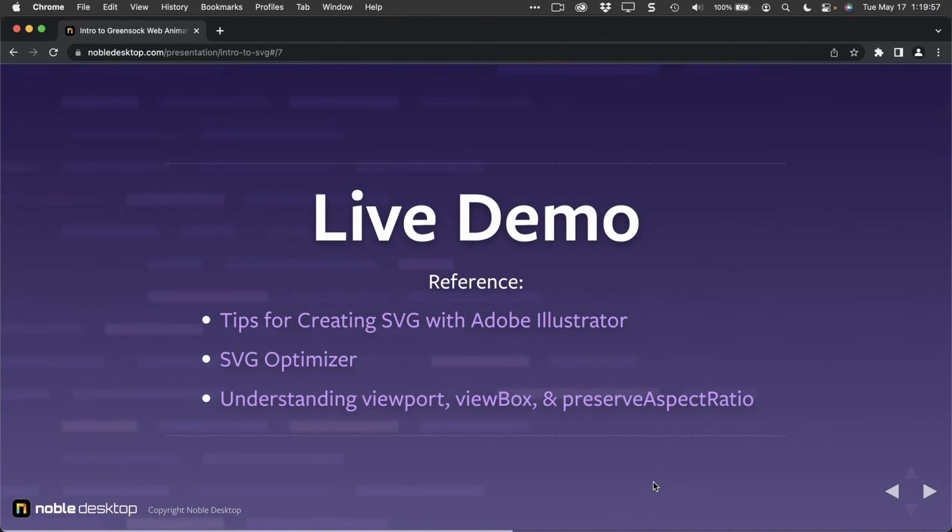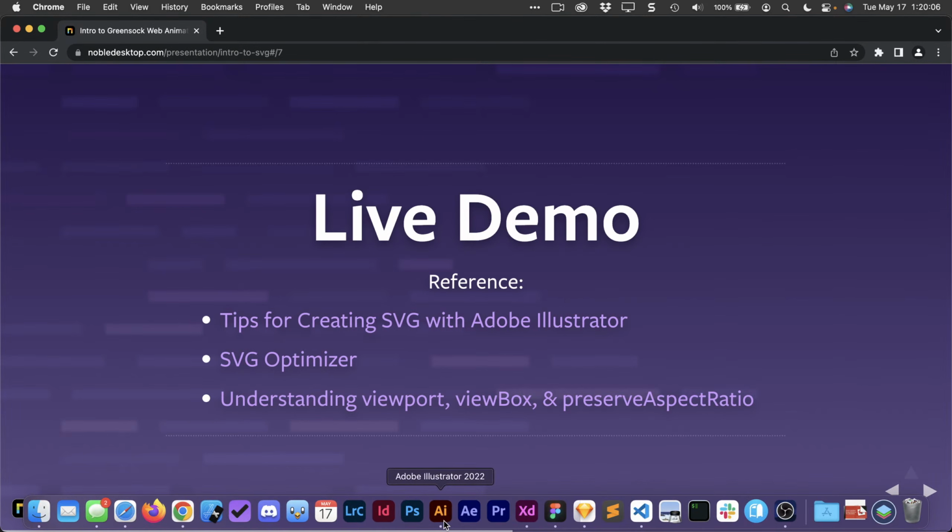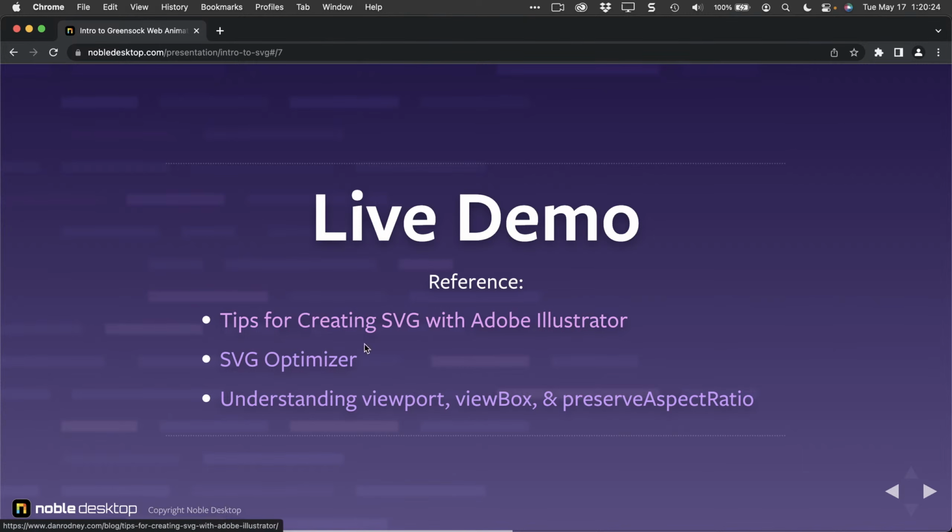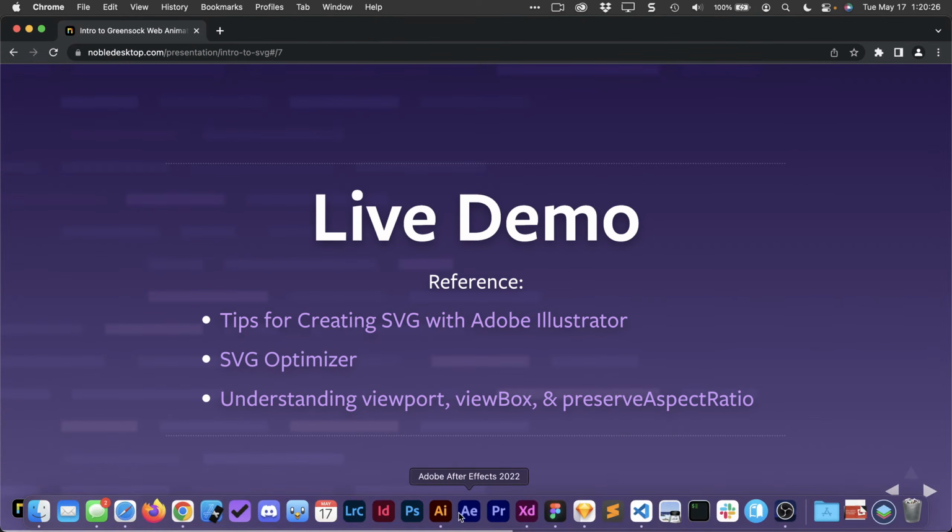All right, so let me show you how to go through and export from the various different design apps. And I'm going to be going over a variety of them. So let's say, for example, Illustrator, Figma, Sketch, Adobe XD. These are kind of the 4 main apps that I would think people would be potentially using. We're going to compare the different apps and kind of see what control you have over them, the proper ways of exporting them. There's some links here for your reference to come back to,